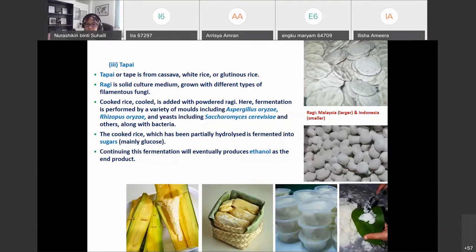You just can take the ragi and then you analyze what's the microbes in it. But basically, the examples of microbes are Aspergillus oryzae, Rhizopus oryzae, and Saccharomyces cerevisiae, and also some bacteria. Okay, so